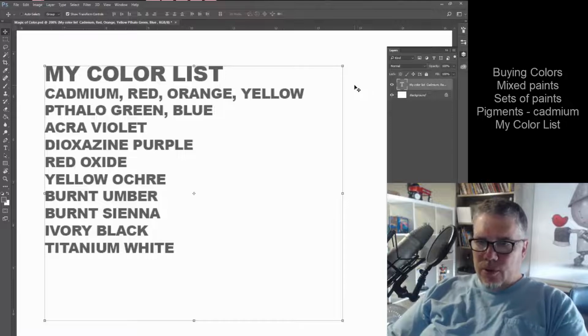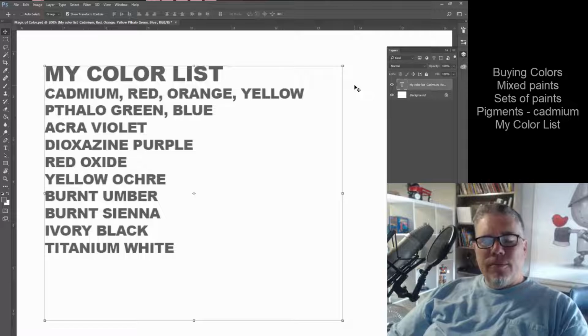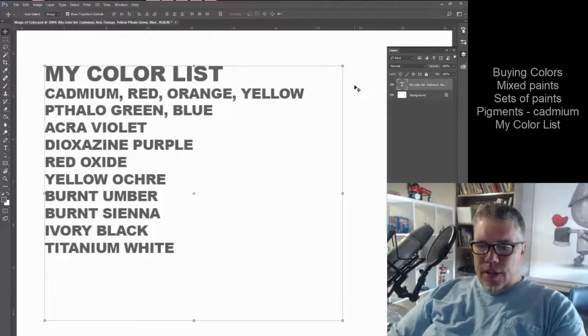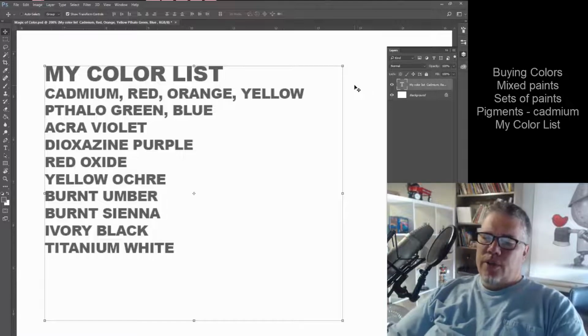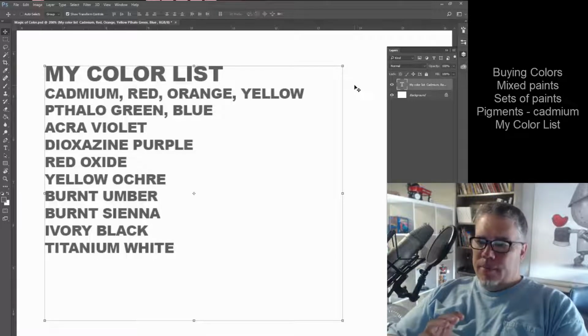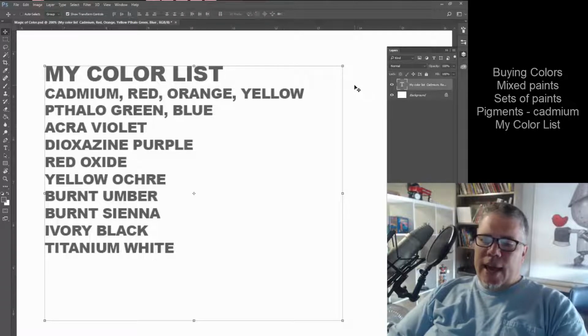So let's talk about it a little bit real quick. So cadmium is a pigment. It's an element, and it produces really, really rich reds, oranges, and yellows. It comes in those three, and you will see cadmium yellow lights and cadmium yellow mediums. I don't think you need all of them. If you get a cad yellow light and you get a nice cad orange or cad orange light and then a nice cadmium red, I think you're going to be fine,